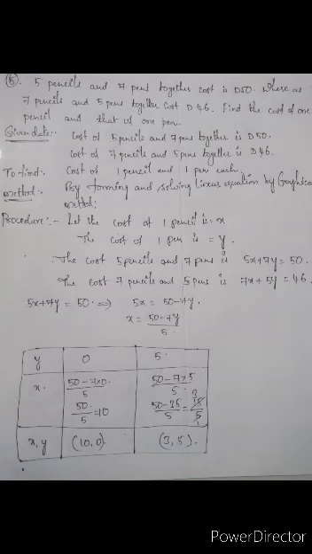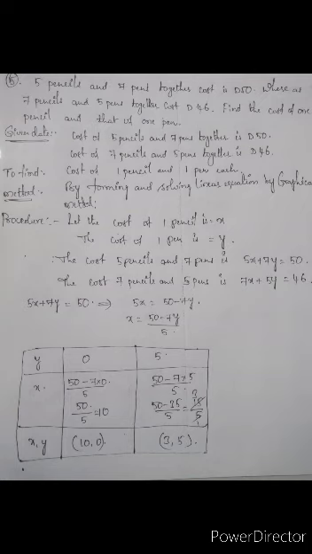In the procedure, we don't know how many pencils he bought, how many pens he bought. So the cost of one pencil we don't know, the cost of one pen also we don't know. So the cost of one pencil is x and the cost of one pen is y dollars here. So for 5 pencils and 7 pens, the pencil cost is x dollars and the pen cost is y dollars. So 5x plus 7y. Total together is how much? 50 given. So that is equal to 50.